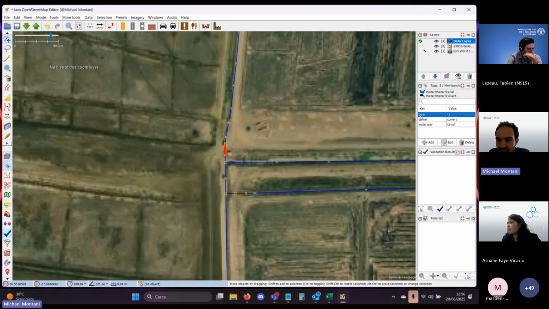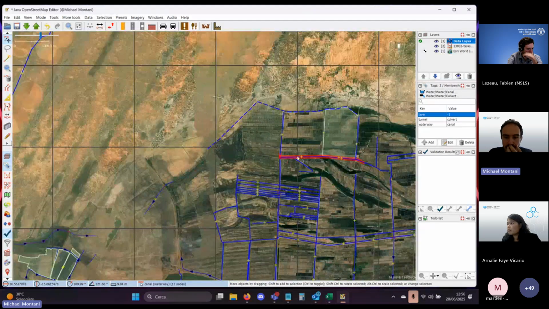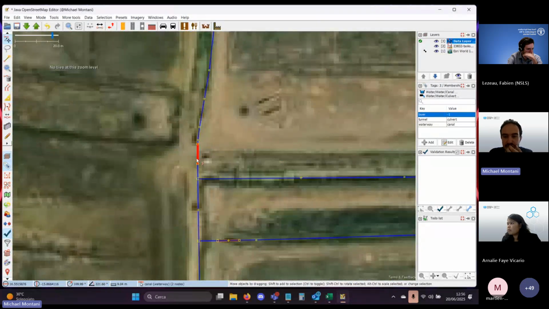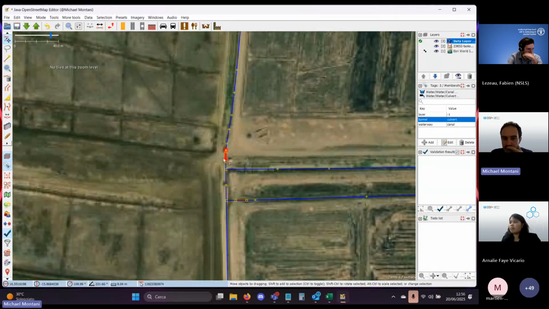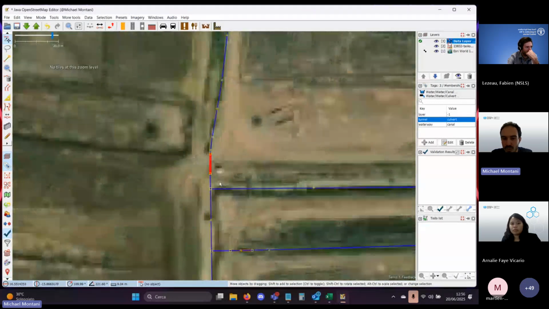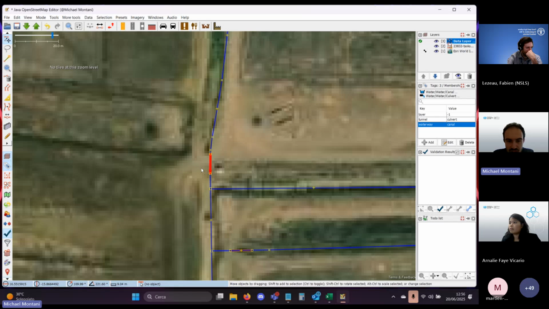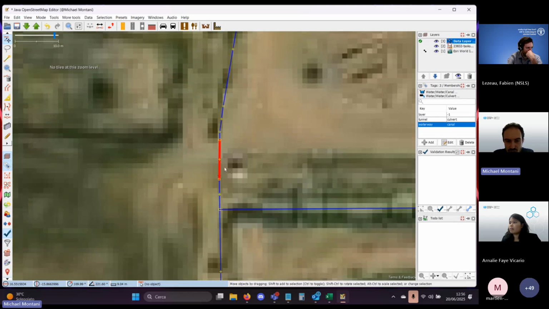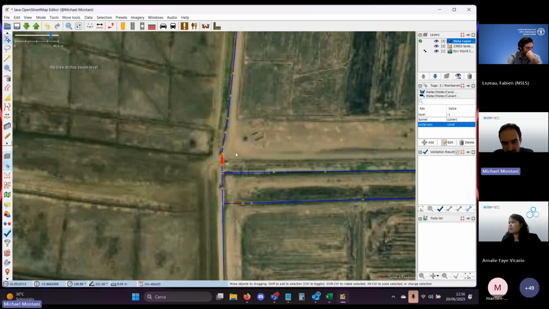The first one is layer equal to -1. I will maybe show later on the tasking manager how to do that in the ID editor. And also we have to specify tunnel equal to culvert. That is the particular type of tunnel that is typical of agricultural waterways. And you see those tags are only applied to this small segment to mean that it is passing below the highway.